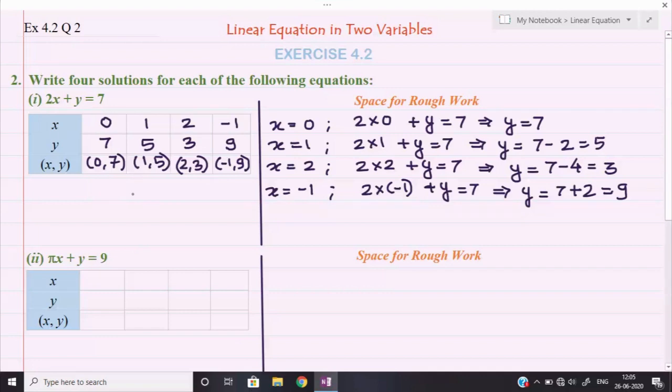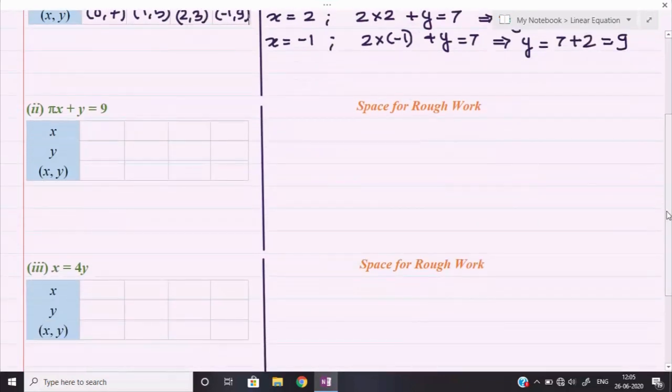Let us see similarly the next question, part number two. In part number two, we are given the equation. Here also I will keep different values of x. Remember one thing, don't put in the value of pi, because here the meaning of pi is not the same as in the topic of mensuration. There the meaning of pi was 22 upon 7 or 3.14. But since here the role of pi is not clear, don't put in any value of pi. Keep pi as pi only. Okay, so first, if I take the value of x equal to 0.